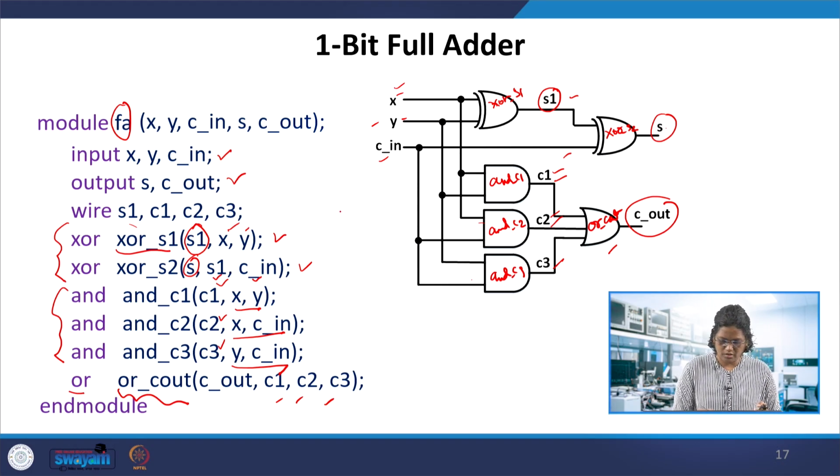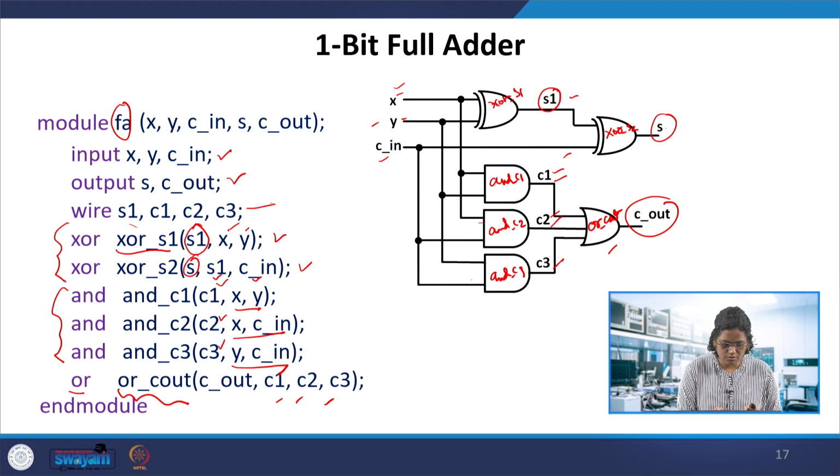All the gates, 1, 2, 3, 4, 5, 6, all of these 6 gates are instantiated one by one. The order doesn't matter, because these are concurrent statements. We'll talk about this concurrency also in the coming lectures.